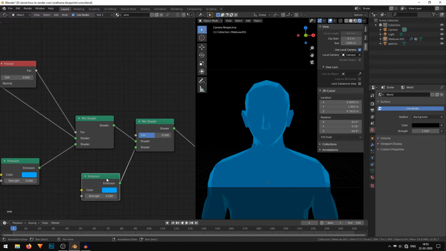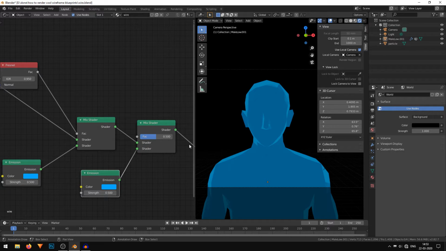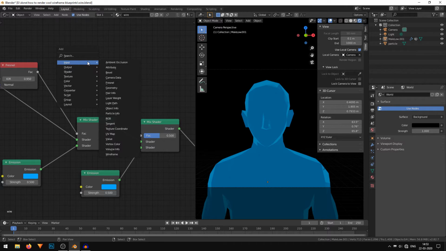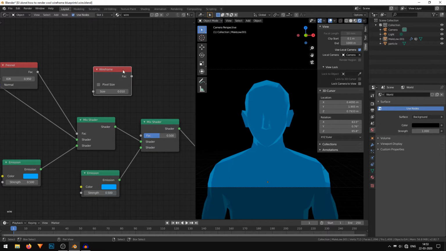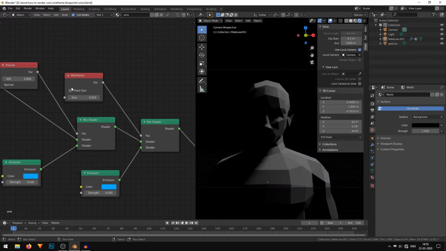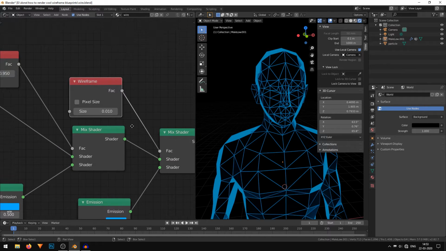Now we want this emission shader to affect only the wireframe. So for that, we need to add something to this factor. So Shift A, there is an inbuilt node in Blender called the wireframe node. This gives us the wireframe of the mesh. So I'll connect the factor into the factor. And as you can see, it looks quite cool.